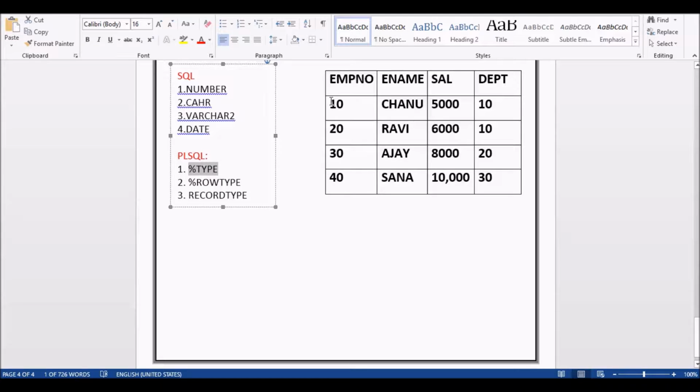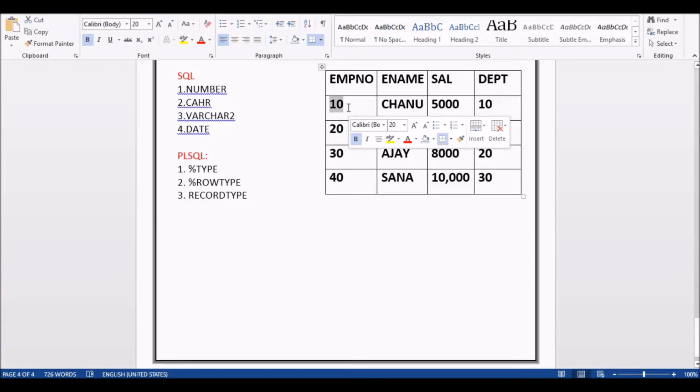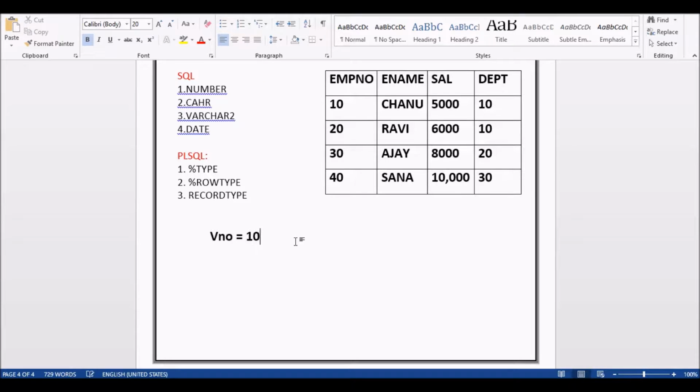See here, suppose you want to store this EMPNO column's values into a variable, we will use %TYPE. Only one value is stored at a time, not all these values. Like, suppose I have written a variable called v_number, in which it is only available to store 10.